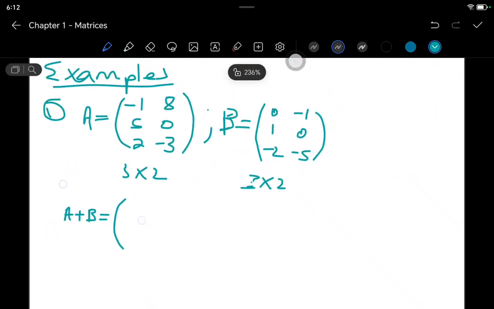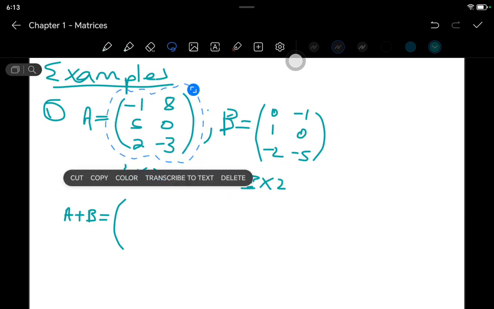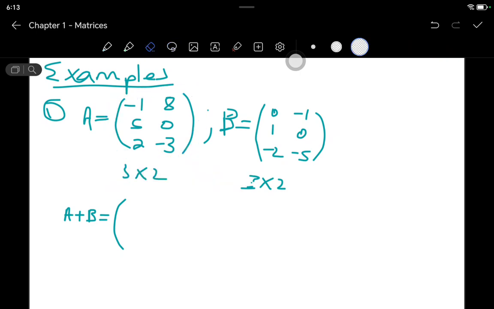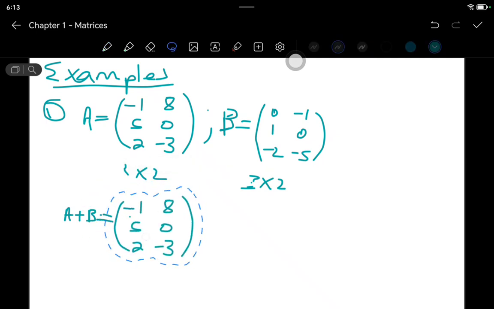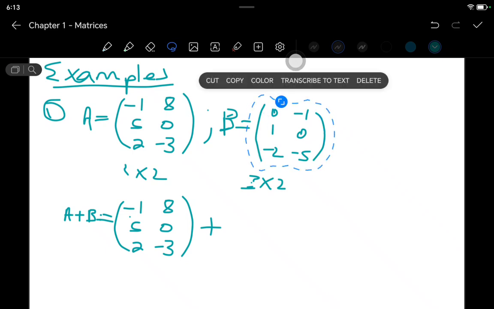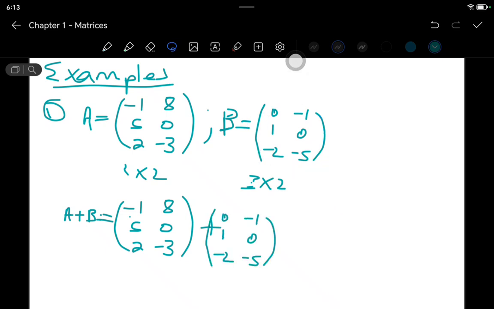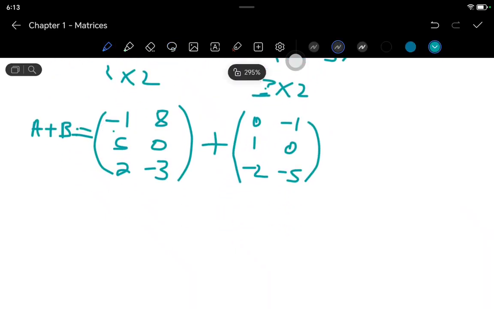This will be the matrix of A, or just write the matrix of A there. The matrix of A will be this matrix of A. Then I add with the matrix of B. Then this will be the matrix of B, right? And then this will be